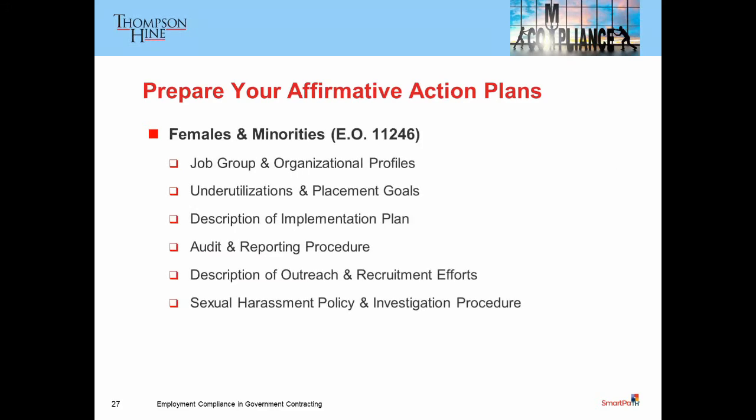Now, from the nuts and bolts of the affirmative action plans, the first plan that needs to be in place is for females and minorities. This is a traditional plan under the executive order. This really has a couple of main components. The first are the job group and organizational profiles. And what these really do is they outline the demographics of your workforce as of a snapshot date. And then they break them down by race and gender,